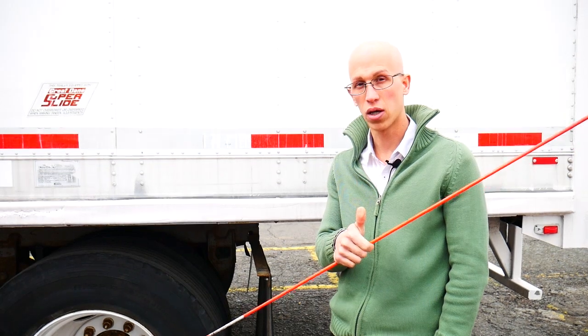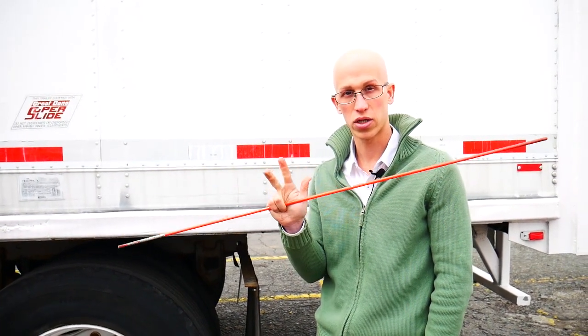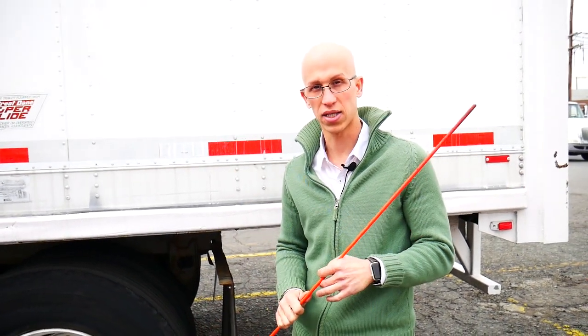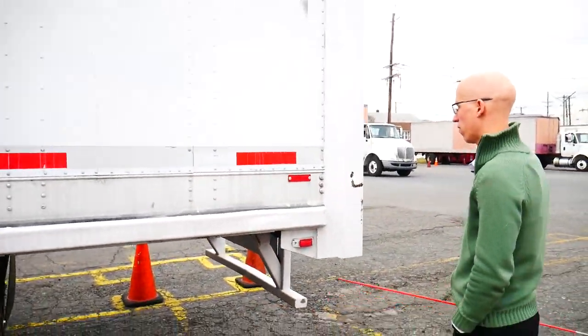So you're going to have your brake hoses, lines, and couplings. You're going to have your brake chambers, your slack adjusters and push rods. You're also going to have your brake drums and your brake linings as well, right? So that being said, if we come along to the back of the trailer,